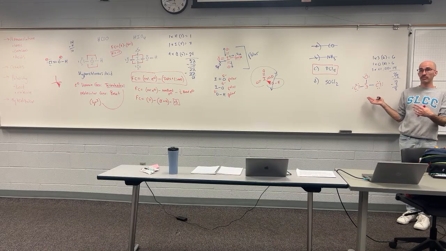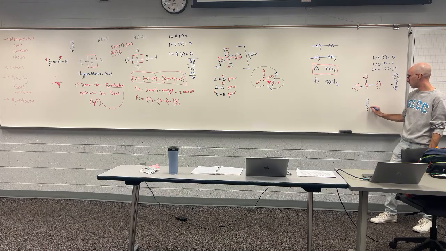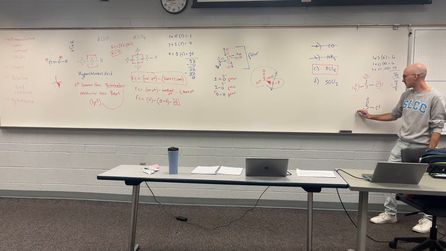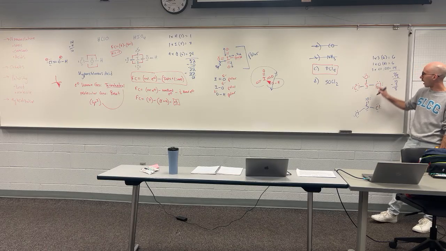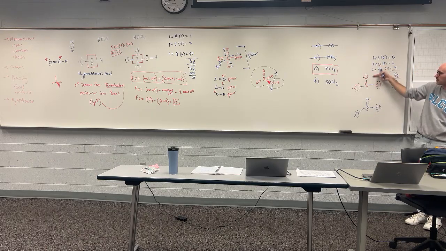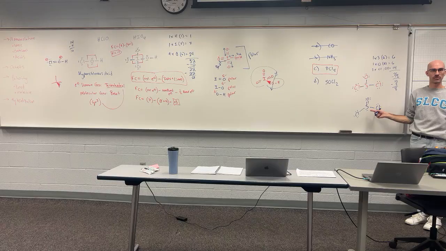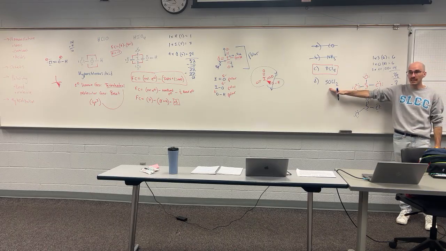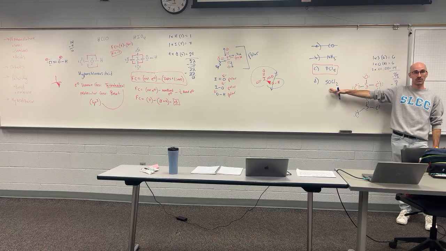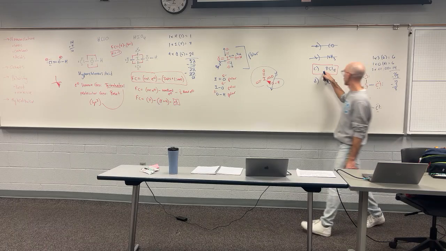The only form? No. There is another form of SOCl2. Chlorine keeps its single bonds. Sulfur keeps its lone pair. But oxygen takes one of its lone pairs and shares it with the sulfur. Brings oxygen from negative to neutral and sulfur from positive to neutral. So this is valid. This is valid. There is a structure of SOCl2 that doesn't violate the octet rule. And just so that you guys know what it looks like,